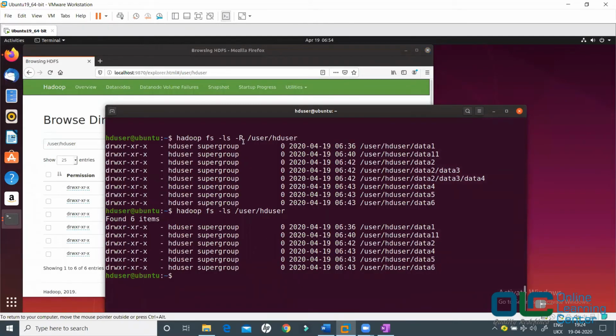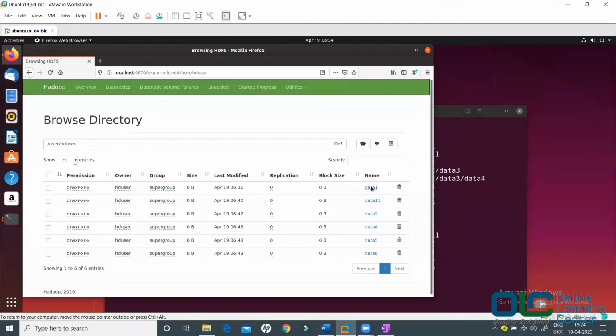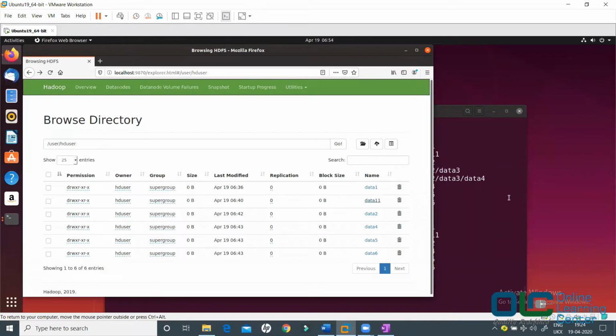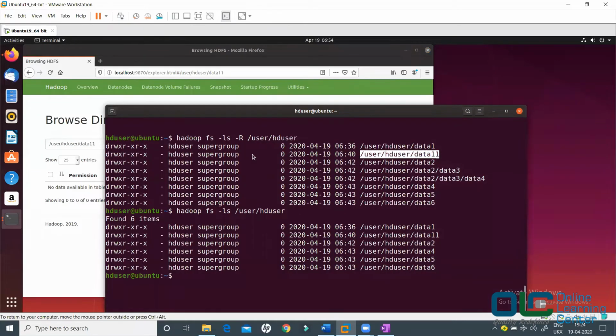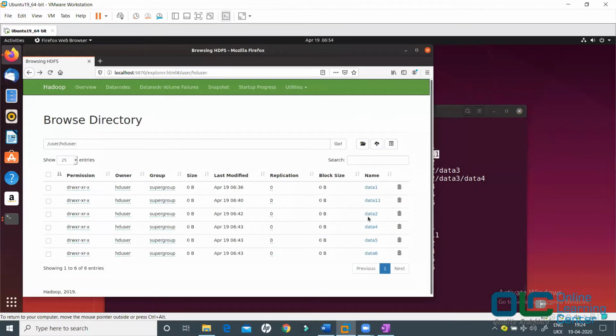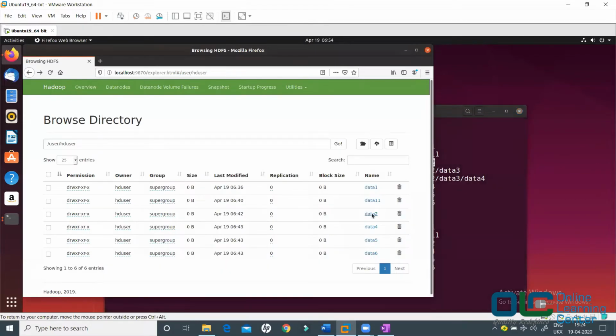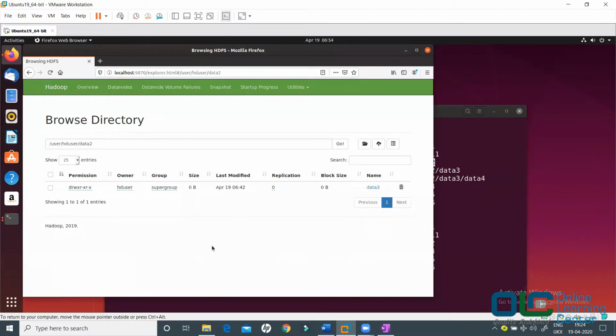But when you say -R, then you are saying recursively, can you tell me, do I have more files and folders and subfolders, right? So it's saying, I have data1, okay, go inside this, I have nothing, okay, done, let's go back. I have data1, go inside this, I have nothing, fine. I have data2, okay, so let me go inside this data2.